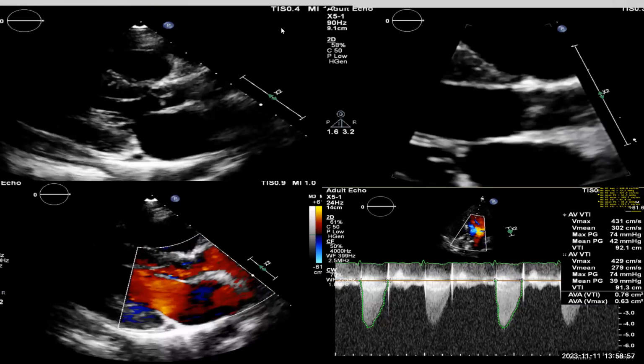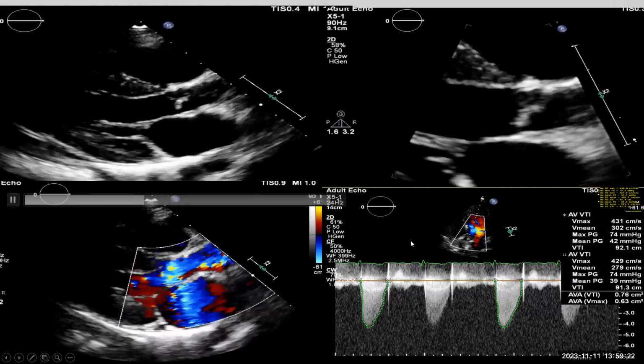Okay, let's see the answers now. LVH, severe aortic stenosis, mild aortic regurg. Aortic valve stenosis, severe with mild regurg. Normal VC. Okay, so